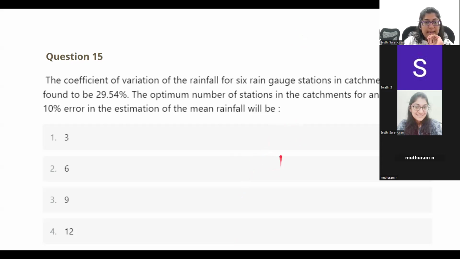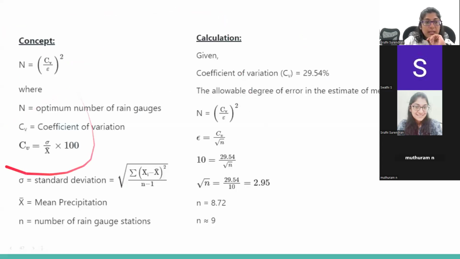So I've got two answers, 9 and 3. So let's just check what is the correct answer. Now, I had told initially, I'll give you the formula for CV. So CV is the coefficient of variation, and CV is obtained by dividing the standard deviation of the rainfall by